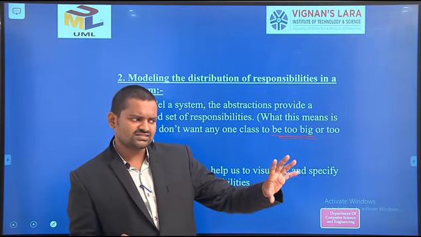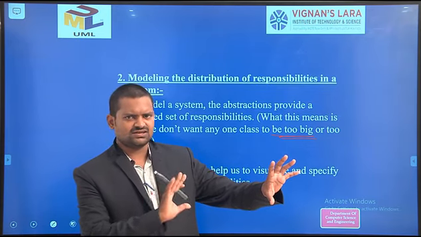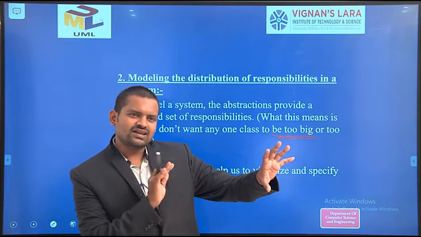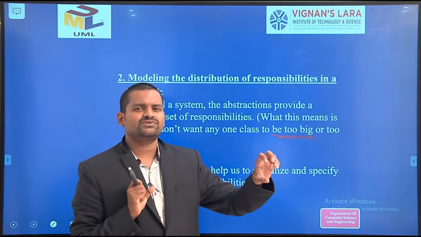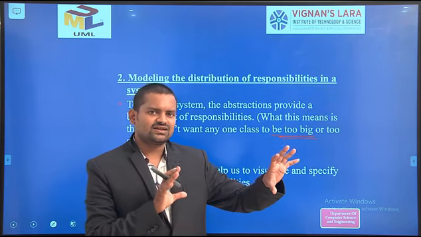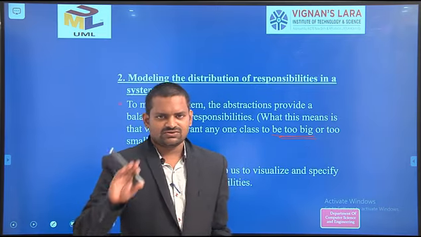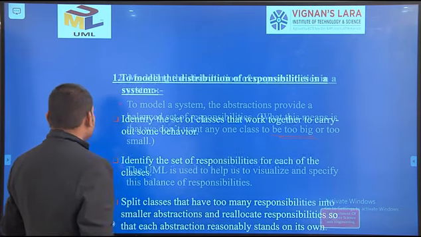If a class has 2 or so responsibilities, that class can do them perfectly. If a class has 10 or 12 responsibilities, we can divide the class into 2 or more classes. Like this you can create.